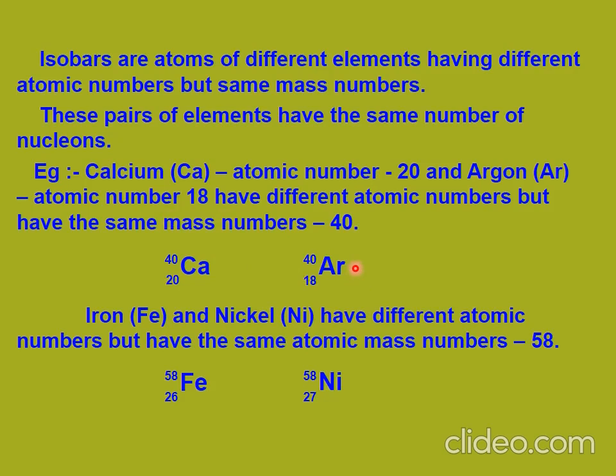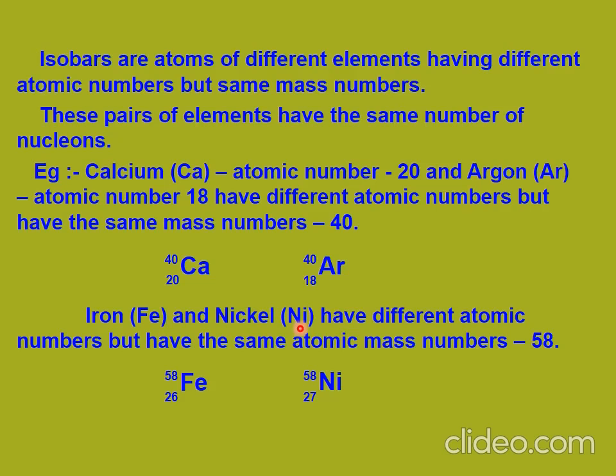Similarly, if we talk about iron and nickel, iron symbol is Fe and nickel symbol is Ni. I know you have studied only the first 30 elements, but a few more examples are also available in the periodic table which we can go through and learn. I just told you for isotopes in the previous slide that you will find examples of isotopes in the whole periodic table. So go through them.